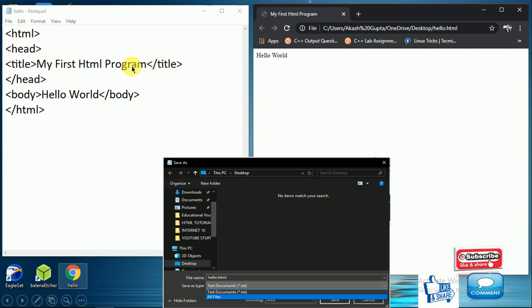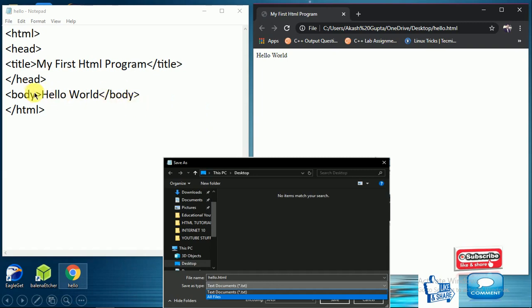This title will be visible in the tab of your web browser. After writing the title, you close the head tag. After the head tag, we open the body tag, and after writing the content, whatever you have to display in your web browser, you close the body tag.